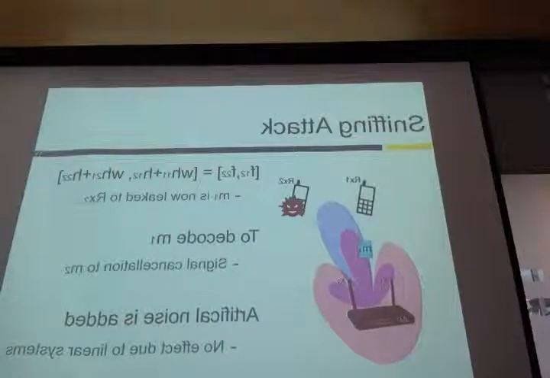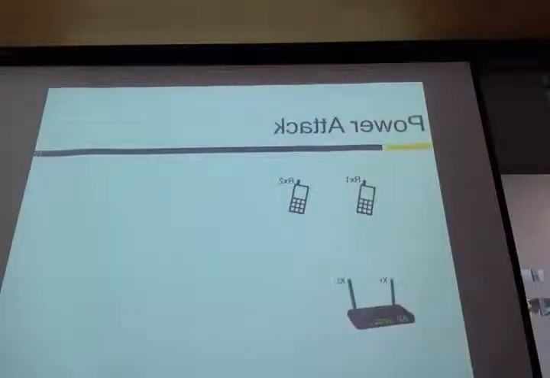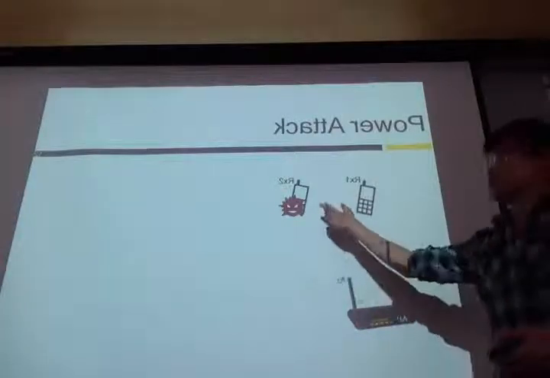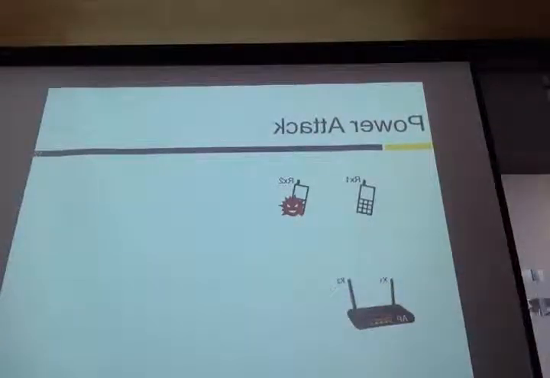So in the mathematical form, they will also guarantee no effect after this forged CSI. Next, we discuss the power attack. In the power attack, we also assume receiver 2 is a malicious client, and the idea is he wants to get as much received signal strength as possible, because if you do that, you get selfishly more throughput.